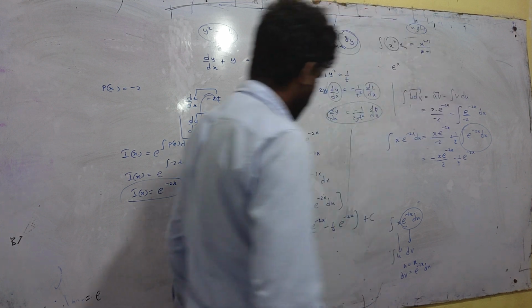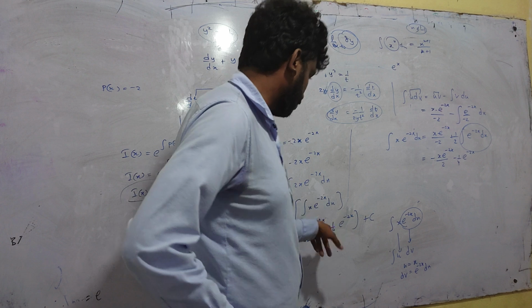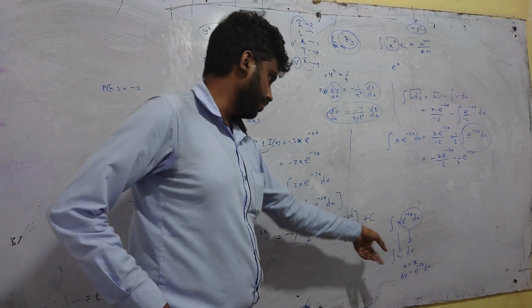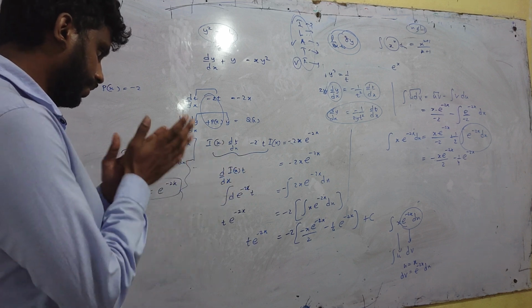So y squared equals e to the power minus 2x over. You can take out e to the power minus 2, then you can cancel that off, but in this case you have that part there. Then the other one is